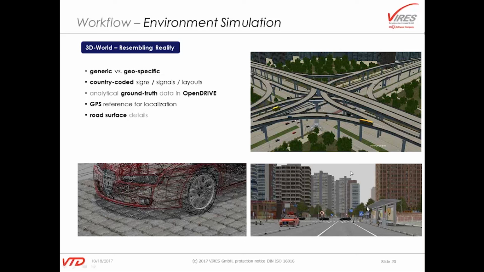Another example is on the bottom right, which depicts that we can do even things like megacities. This is an example that looks like Beijing, but it's not really Beijing, but it's the typical layout of a ring road system that you would find in a city like Beijing. And on the left side, you see again that we can go to the microscopic levels where you will have things like cobblestone in a 5mm grid, for example. So we can get the road surfaces into the simulation, either from measurements or from synthetic data.